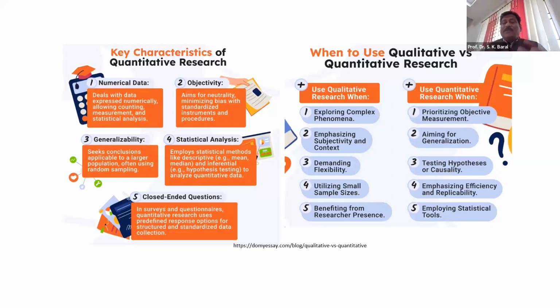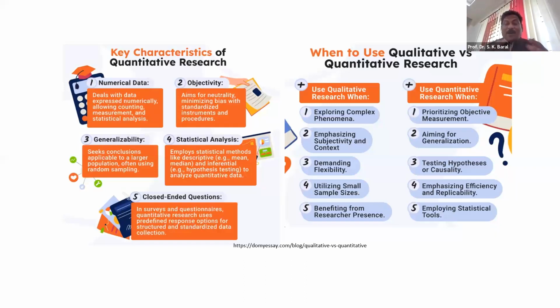And when we are going to use the qualitative, then qualitative research is very much for exploring complex phenomena, because our society is a very complex kind of phenomena. You see, we have many divisions, we have many labels, we have many requirements, we have many products, and the economic and socio-economic conditions differ from one place to another place. And when we have to emphasize the subject and the context, we have to take the help of qualitative research, and we have to adopt qualitative research when the flexibility of demand for any product, any services, any new things we are going to adopt. So at that time, we have to take the help of